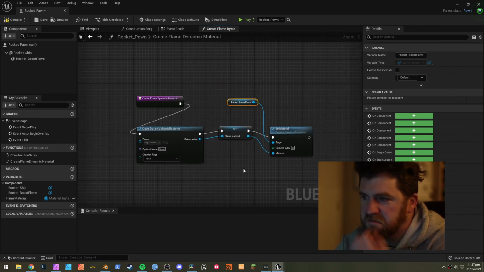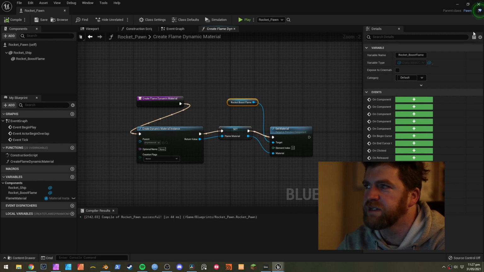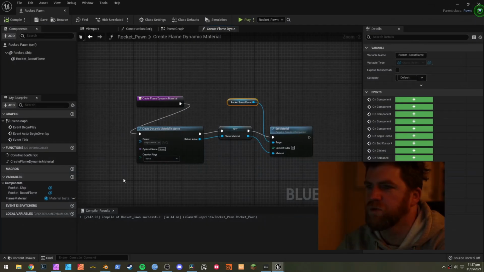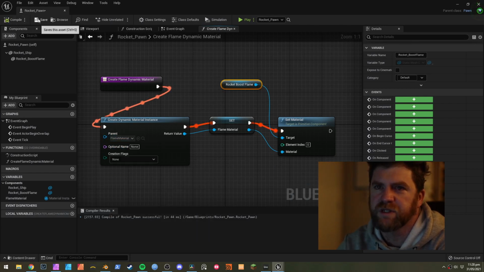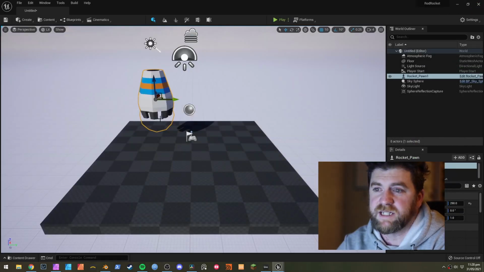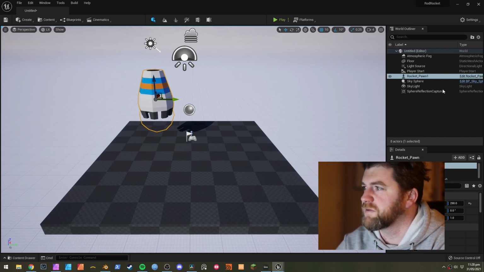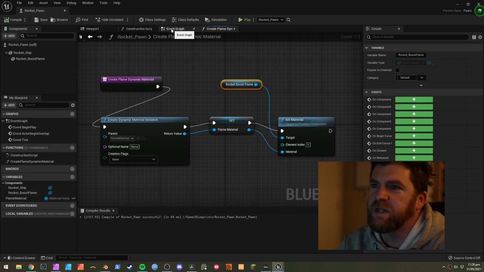Okay, so in some ways that's it. It's there, it's set, and if we hit compile and save it and go down here, I've chosen the wrong one, haven't I? Yeah, you moron. No, so the ship material, no, we wanted it to be flame material, of course. And now we can't see it because remember that flame material was just a nothing. It was additive. So in order to see it, what we can then do is we need to think we can now edit that temperature parameter. So in the event graph,